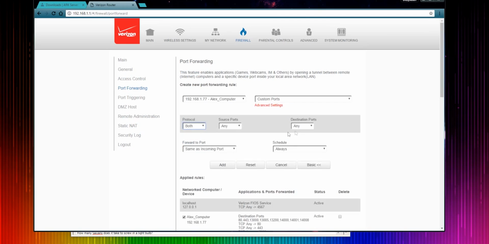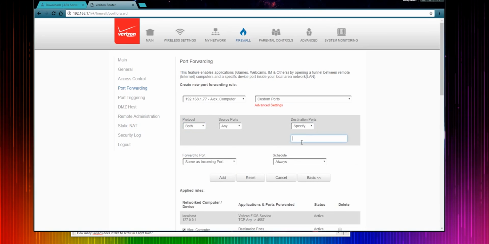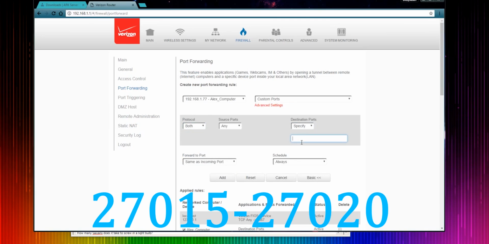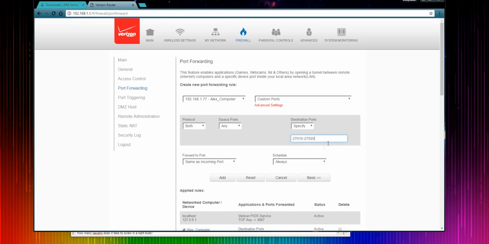So select both, and then go to specific destination ports, and then the ports you want to type in are 27015 to 27820. Sorry, my mic's in the way. And then those should be the right ones. It won't let me add it here because I already have that, but after that, you want to put in another one,